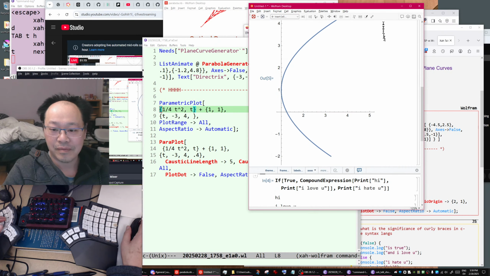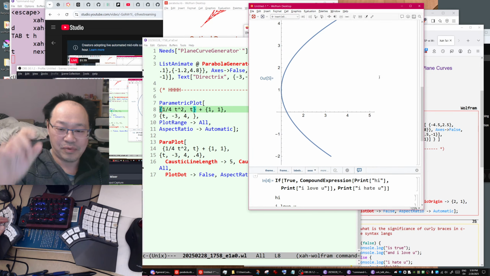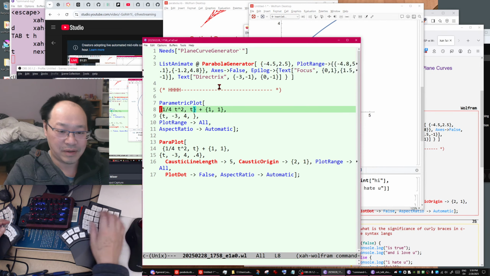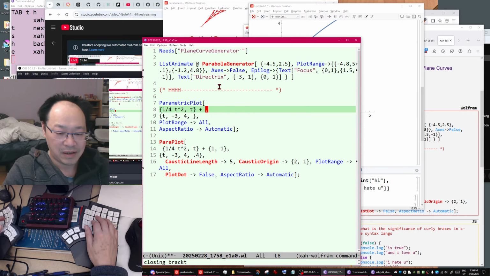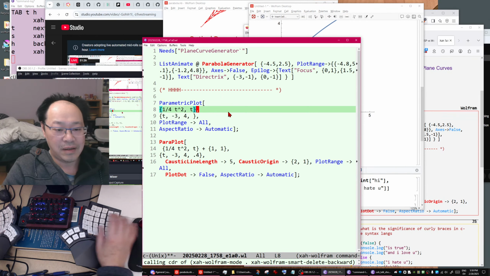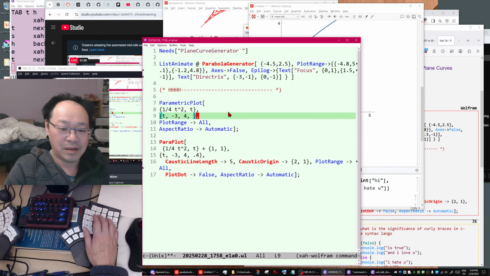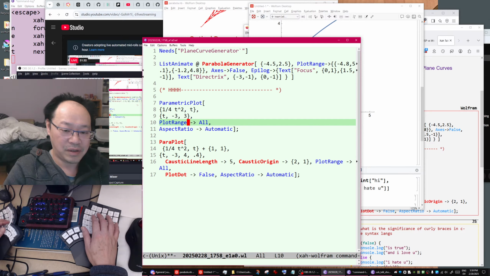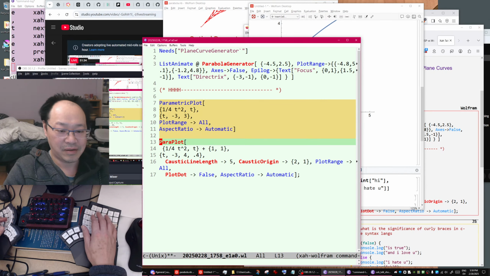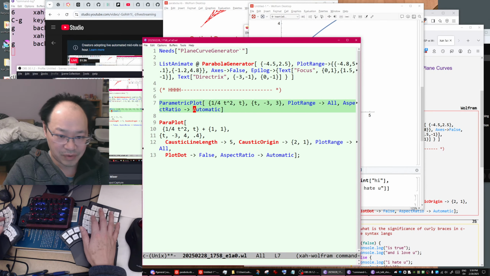Let's see. So it's moving upward. Why should you move? No, let's not move. Then -3 2 3. Okay. Plot range all. Remove that. Okay, so that is the code. Make it one line.